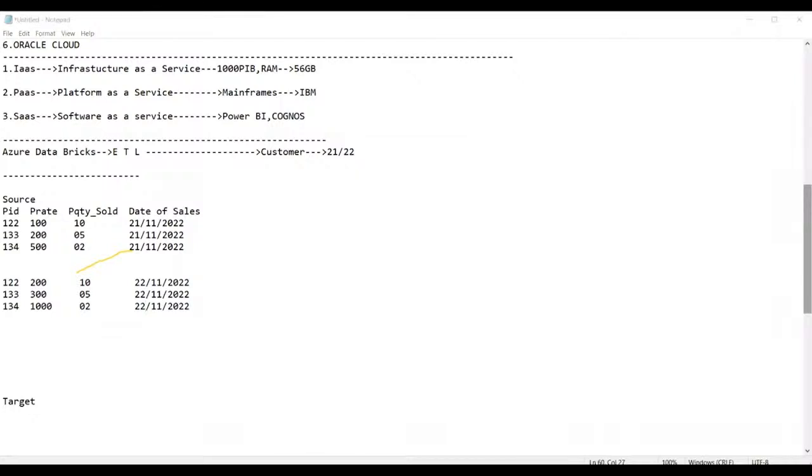Yes, a difference is there, sir. How can you say? Just by looking into the data. Am I right or not? Yes, just by looking into the data, you can say there is a difference.